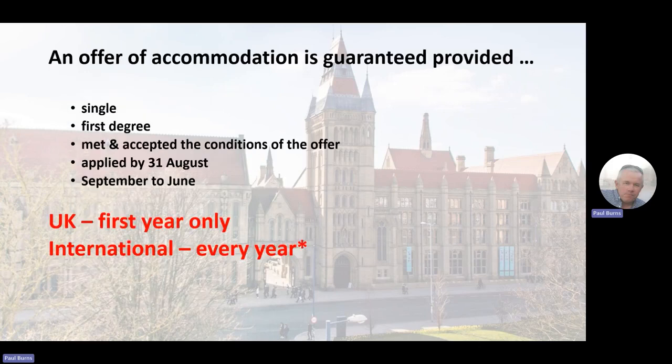I said we don't guarantee to make a second offer. So what do we guarantee in Manchester? Well, we guarantee that if you're a single person, i.e. we don't guarantee couples or families, we don't have enough accommodation of that type. So we guarantee for a single person coming on your first degree, and you've obviously met and accepted the conditions of your offer to study here, whatever those conditions are, we will make an offer of accommodation to you if,